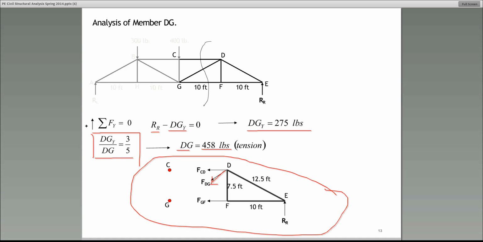Helen, I'm not sure. The summation about the point support F would indeed be equal to 0. I'm not sure exactly what you're asking me. But